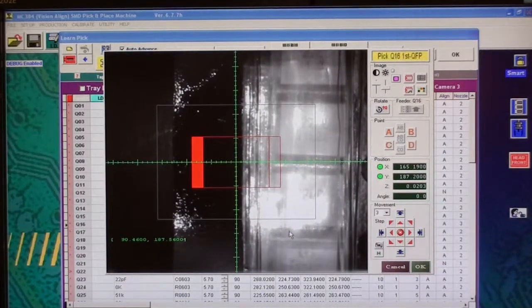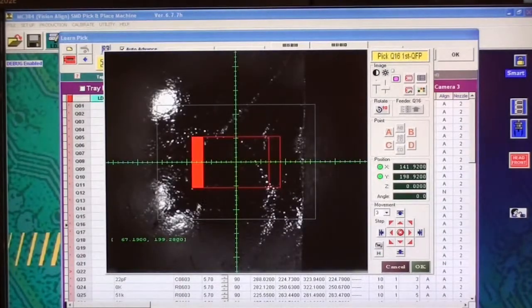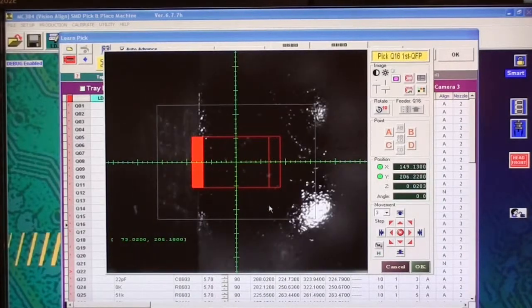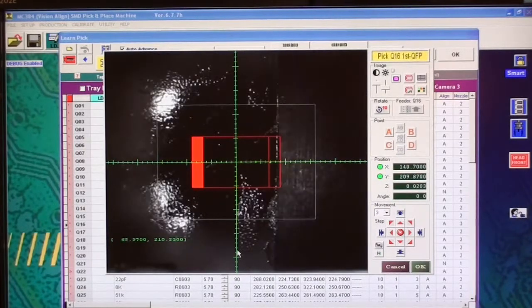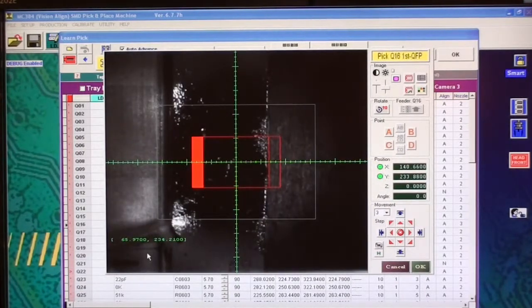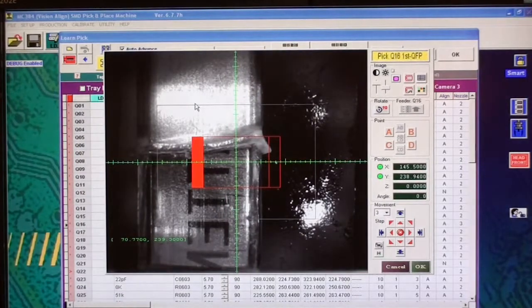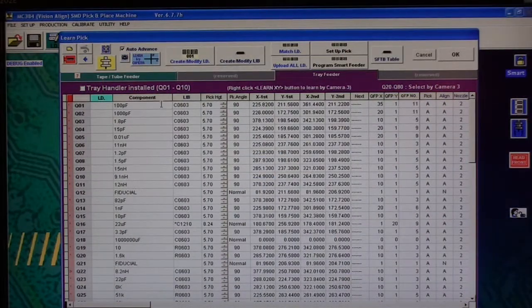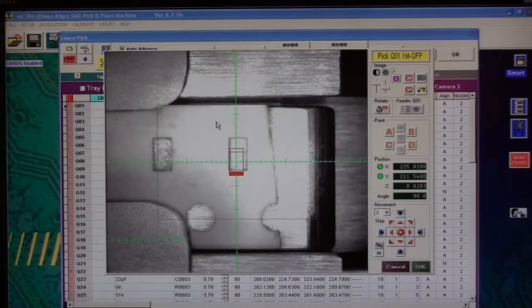There we go, and there's the capacitors. Then over here is a tube that has chips in it, ICs. You can hit cancel. So what you want to do for this 100 picofarad here is do a learn by camera. You want to go find where that is. And I already know where it is,